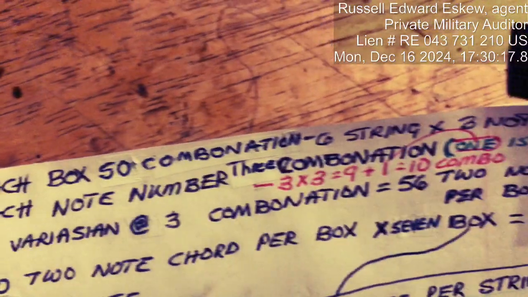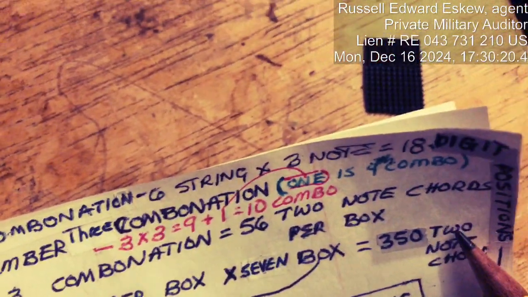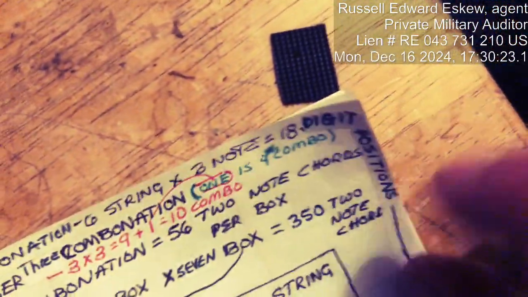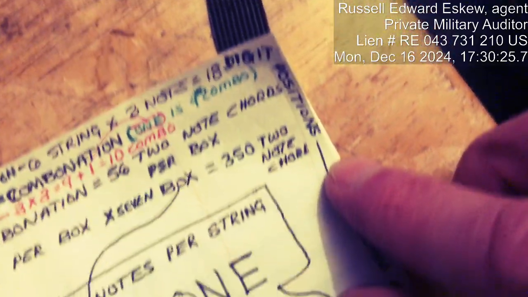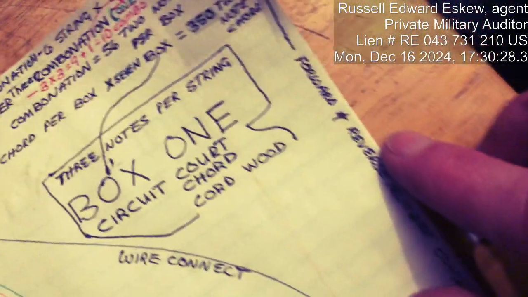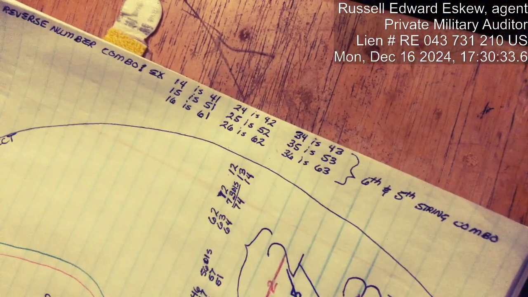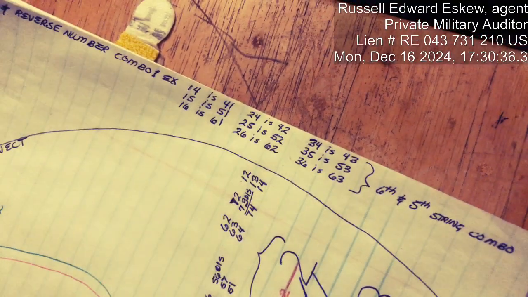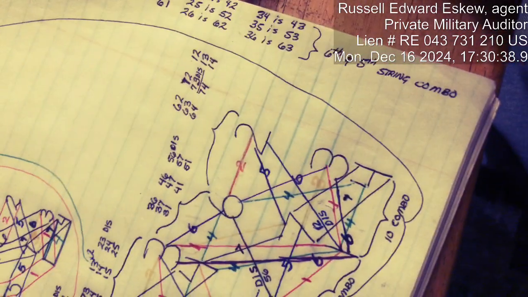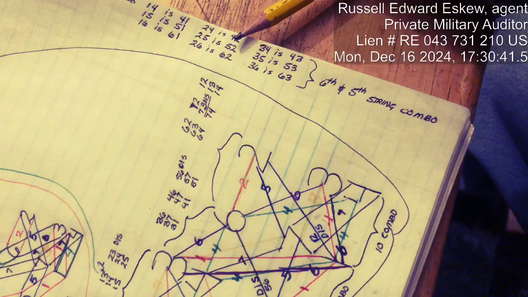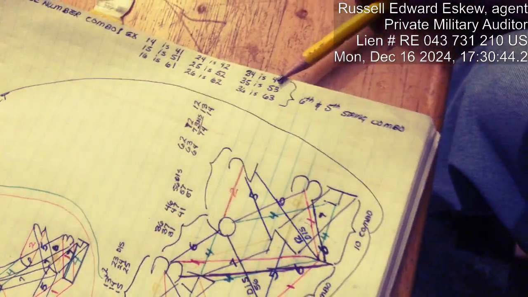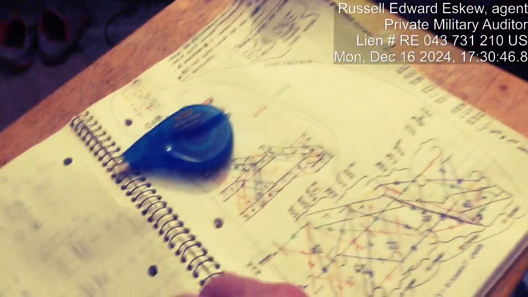Each box, 50 combinations, 6 strings times 3 equals 18 digit positions. Then forward and reversed, that would be that. Three, 6, 9, 12, 15, 18. Oh, well. It can be corrected later. The more clear it becomes, the more it can be. Anyway, so